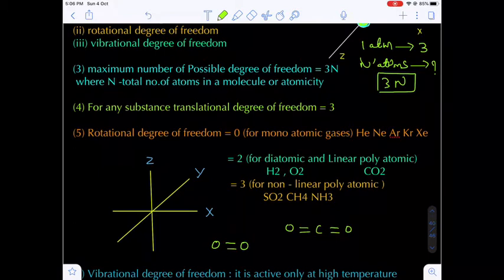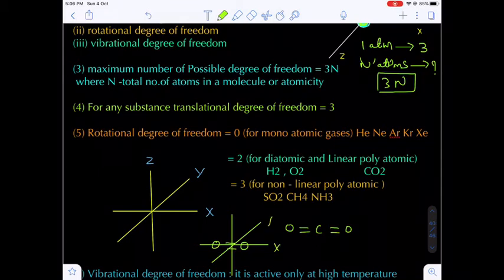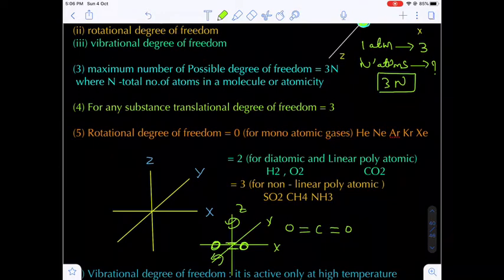Let's suppose this is the x-axis, this is the y-axis and this will be the z-axis. Are you getting my point? Now here 3 axes are there. Already along one axis the oxygen molecule is present. Now how many remaining axes does it have through which it can rotate? 2 axes. It can rotate along the y-axis or along the z-axis. So it cannot rotate along the x-axis.